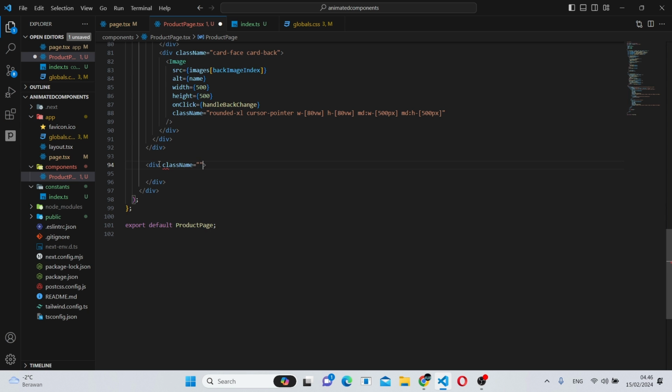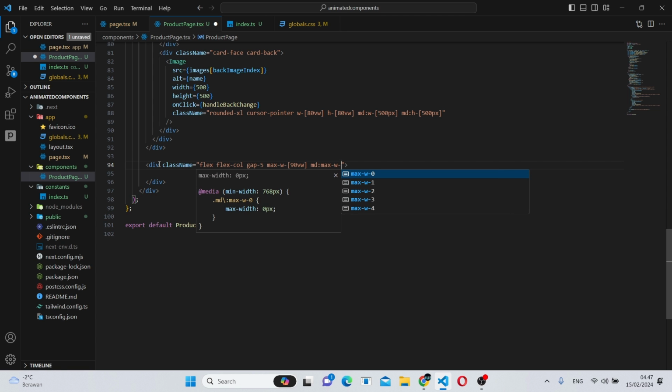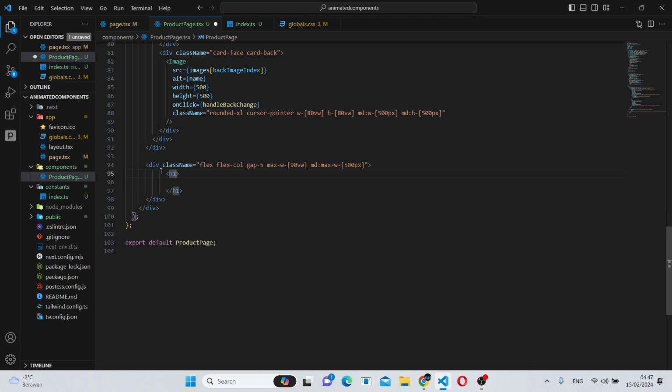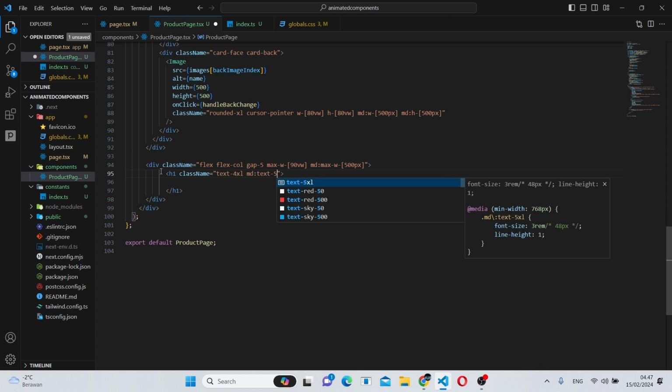This class name will be flex-col gap-5, max-w-90 width, medium devices and higher max-w-500 pixels. Next thing here, we can create an h1, which can have a class name of text-4xl, medium devices and higher text-5xl,